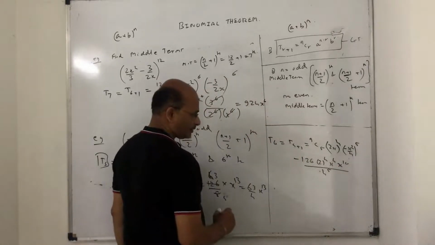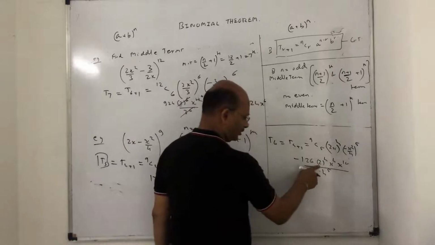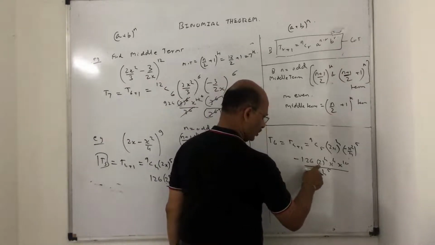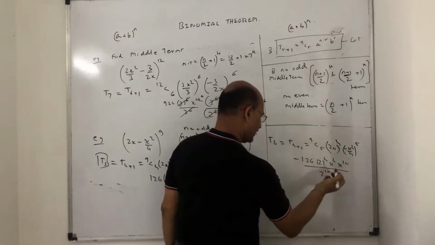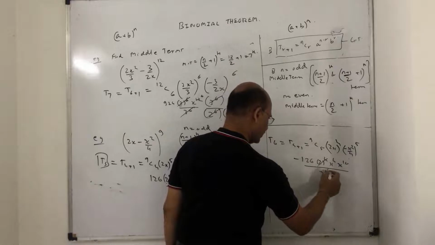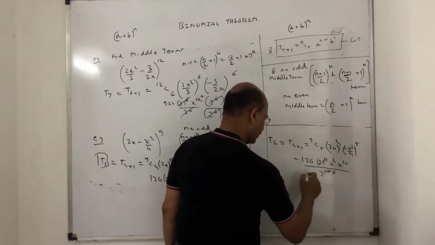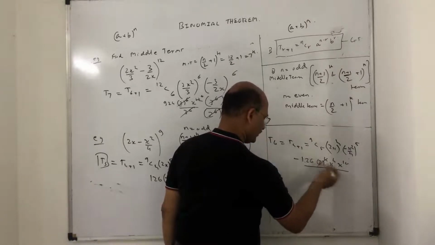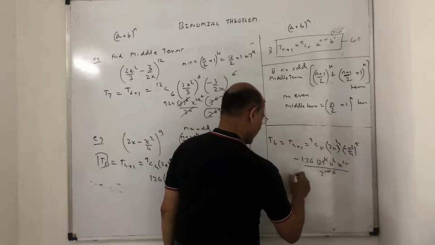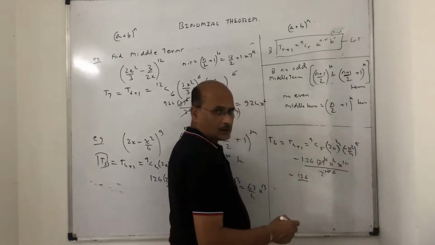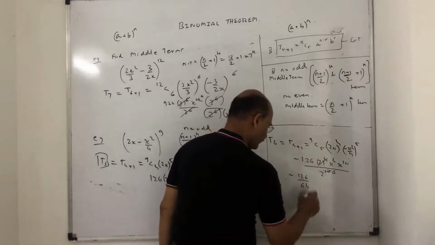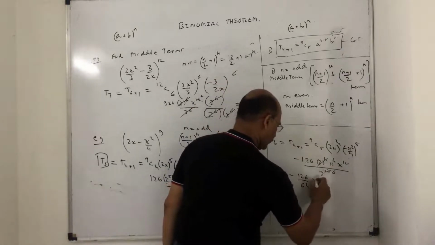I think you have to cancel this out because it is 16. So you can write this as 2 raised to 10. Right? So what happens? Let us see. This will cancel. This will become 6. That 2 raised to 6. So 2 raised to 6. You can cancel. This is 126 now. So minus of 126 upon 2 raised to 6. So 64. Right? And x raised to 14.